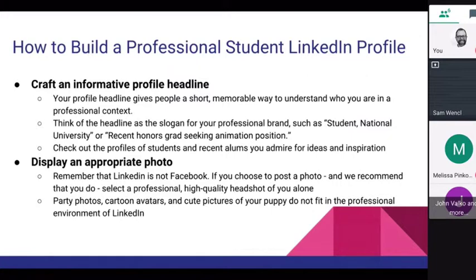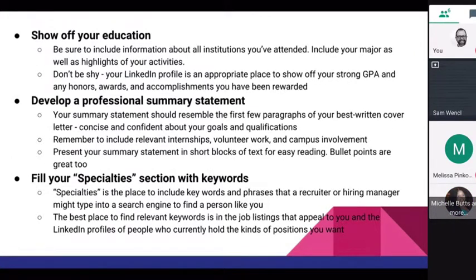And then we've got here how to build a professional student LinkedIn profile. You want to craft an informative profile headline that is also professional, and display an appropriate photo. So you really want to make sure that photo looks professional. Show off your education, don't be shy, develop your professional summary statement, and fill in your specialty section with those